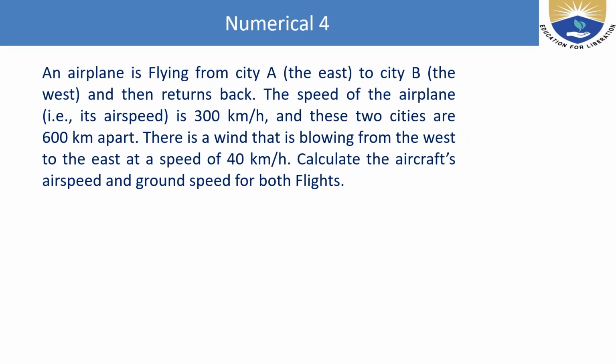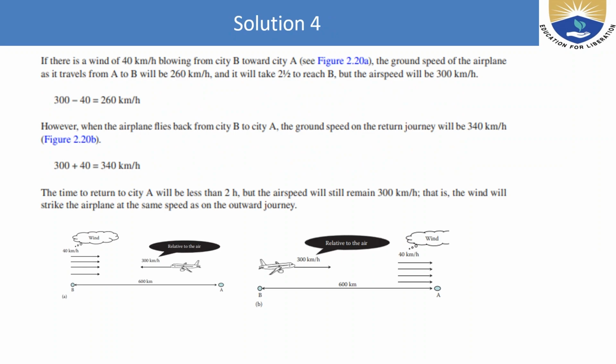Here an aircraft is flying from city A to city B, from east to west, and then returns back. The speed of the airplane, that is the airspeed, is 300 kilometers per hour, and these two cities are 600 kilometers apart. There is a wind blowing from the west to east at a speed of 40 kilometers per hour. Calculate the aircraft airspeed and the ground speed for both legs of the flight. So in this we have to see that